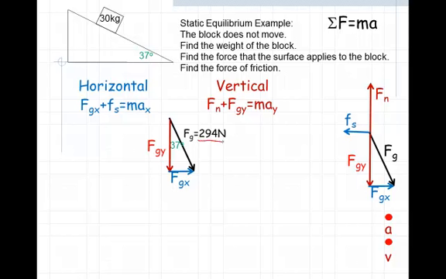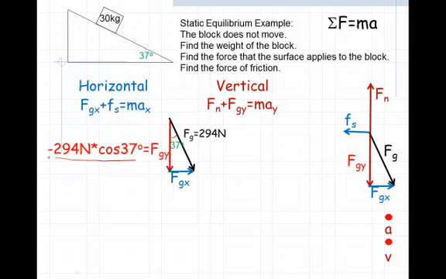So now that we know the equation for the force due to gravity, we solve for it and find that it's 294 newtons. If you'll notice now, in this right triangle, we've got the hypotenuse, which is the force due to gravity. We know its value is 294 newtons, and we know this angle is 37 degrees. That's the same angle as that angle there. So we can use SOHCAHTOA, the trig functions, to figure out the value for Fgy. Because Fgy is adjacent to this angle, we would use the cosine function, 294 newtons times the cosine of 37